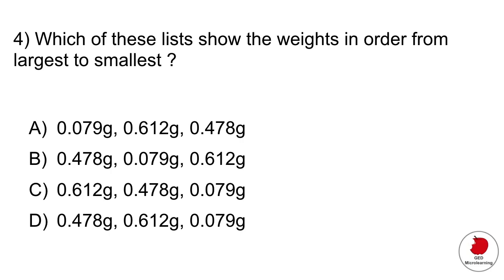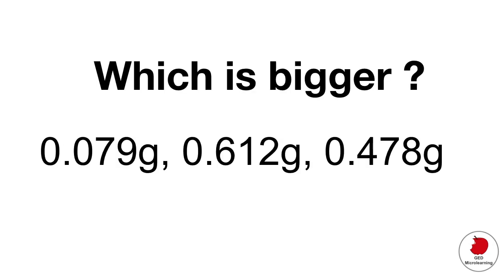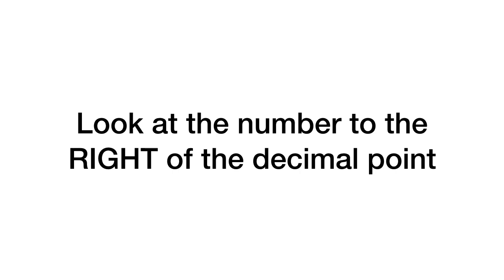The next question looks at your ability to evaluate numbers that are in a decimal format. It says, which of these lists shows the weights in order from largest to smallest? So how do you know which one is bigger? A good trick, if you have a situation like this where you have decimal numbers, a 0 point something, is that